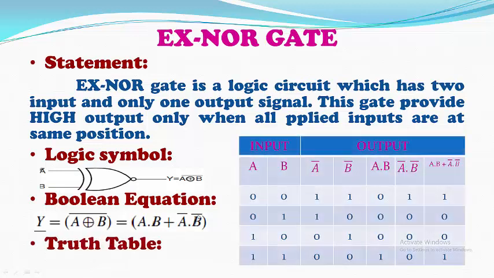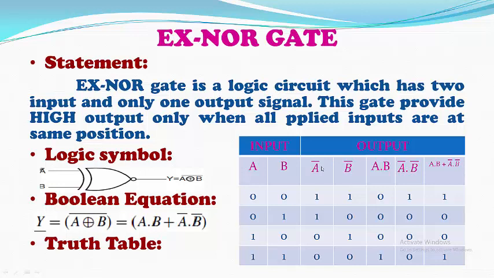This A XOR B whole bar can be written as A into B plus A bar into B bar. Now we will see the truth table. In that, input is the same, A comma B. Output we have to find A into B plus A bar into B bar. For this purpose we will build a truth table step by step. Apply 4 input values of this AB: 0 0, 0 1, 1 0, 1 1.